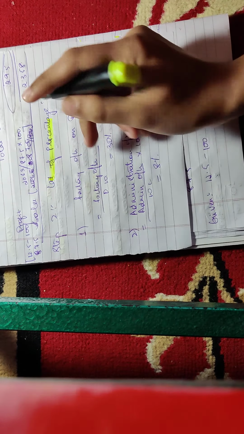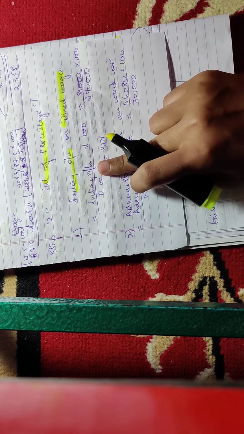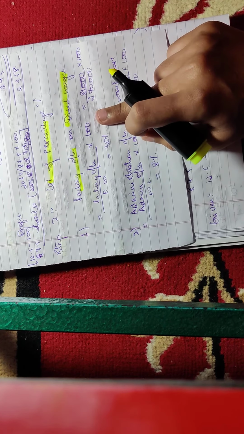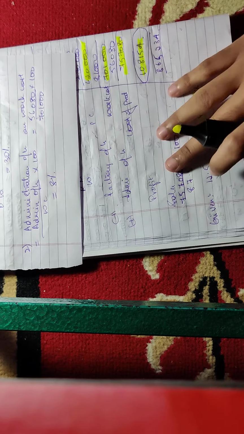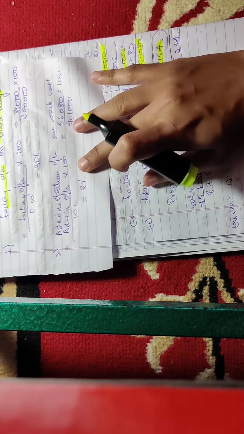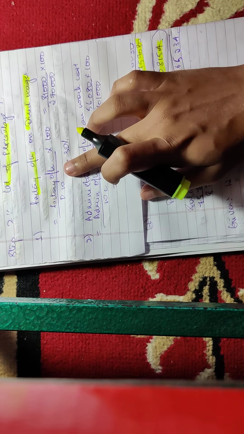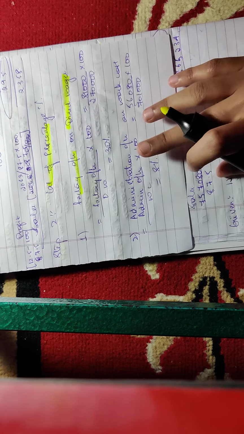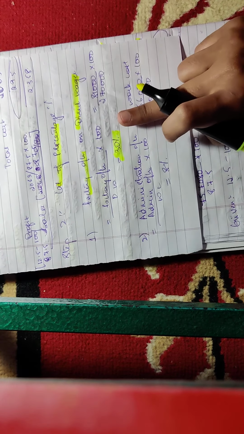Under your calculation of percentage, first one is your factory overhead on direct wages. So the formula is factory overhead divided by direct wages into 100. Okay, how much is the amount of factory overhead that is given to you in the question? Your factory overhead is 81,000. Okay, 81,000 divided by direct wages. What is the amount of wages which is given? 2,70,000, right? 2,70,000 into 100, which will give you your 30%. So the first percentage you found out.